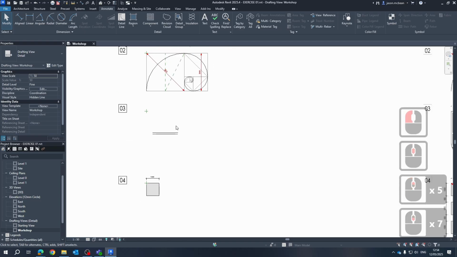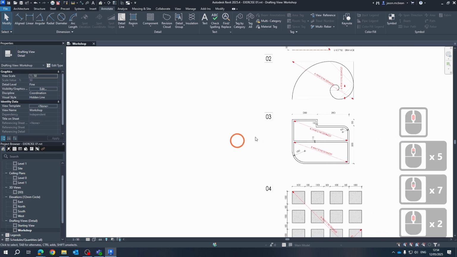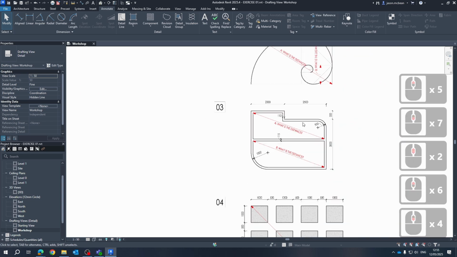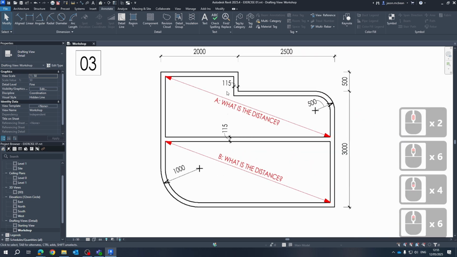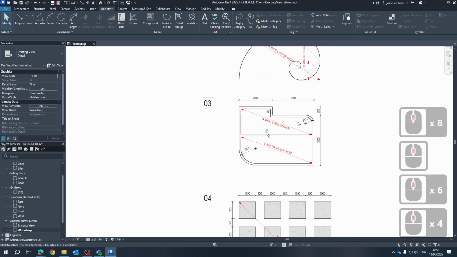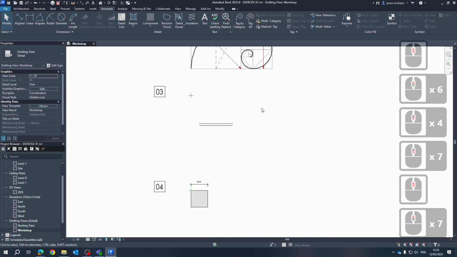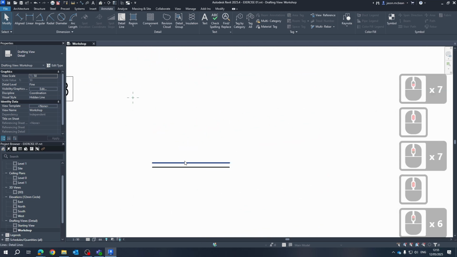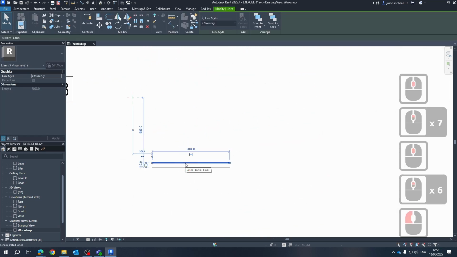For exercise 3, we are going to start reproducing some line work and get used to these types of flows. There's a very nice technique on how to do this very quickly. Remember the dimensions. We're going to have to start working with these dimensions. Very straightforward. We've got some line work, so select the line work, right click, and you're going to